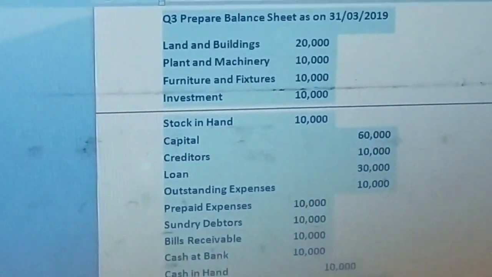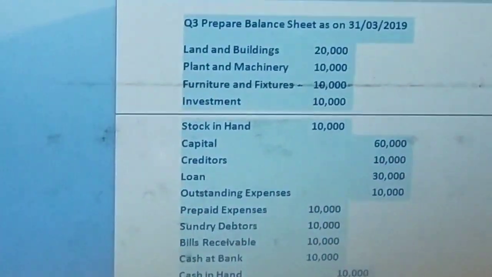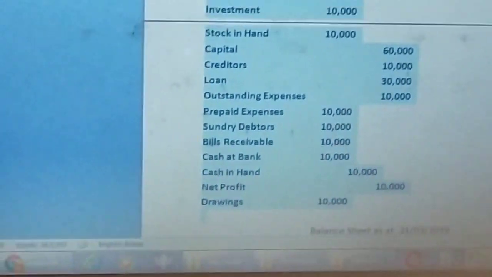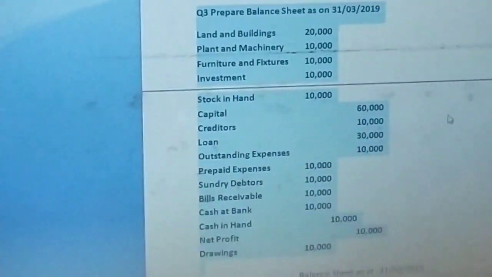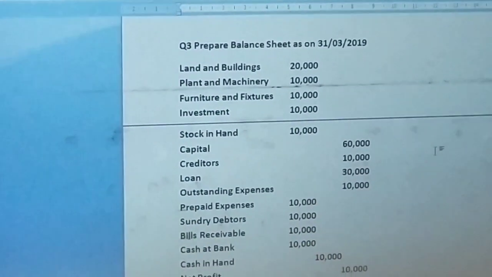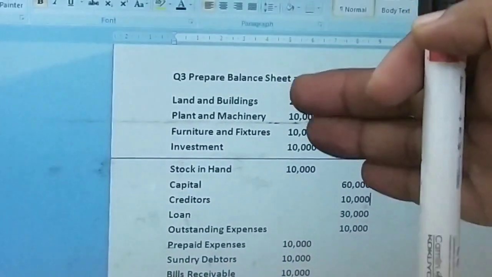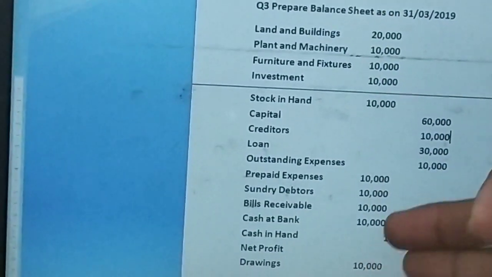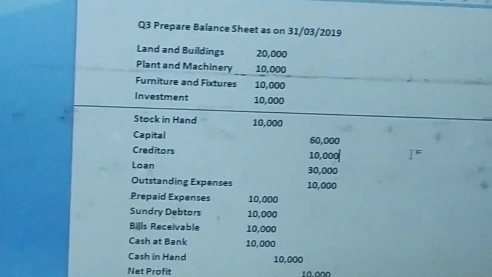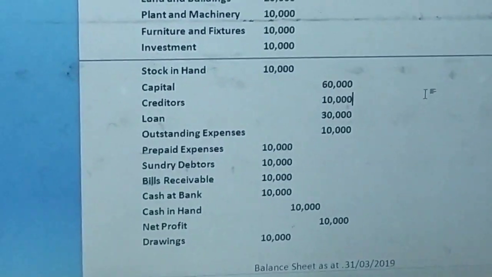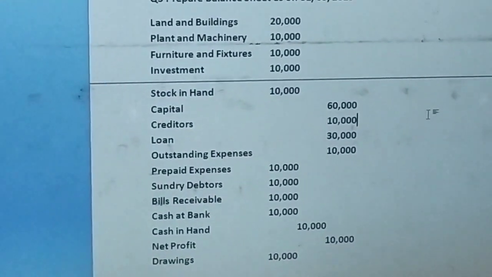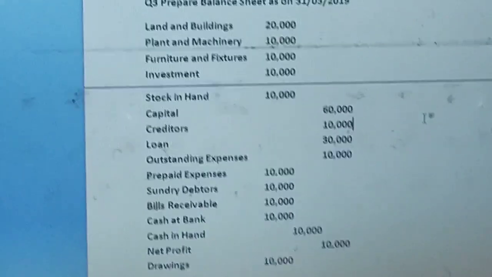So this is the sum on balance sheet. In this sum, we have all the assets and liabilities. I tried to maintain the first column as the debit column and the second column as the credit column. Now let's see how to prepare this balance sheet. To understand the balance sheet, we first have to make the format of the balance sheet.